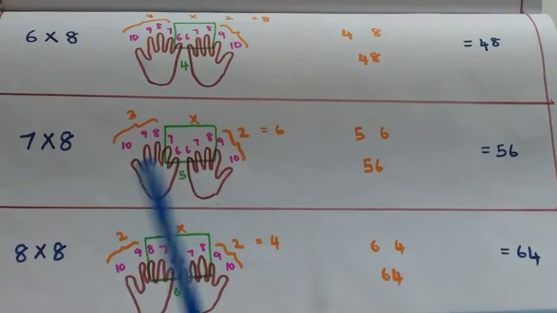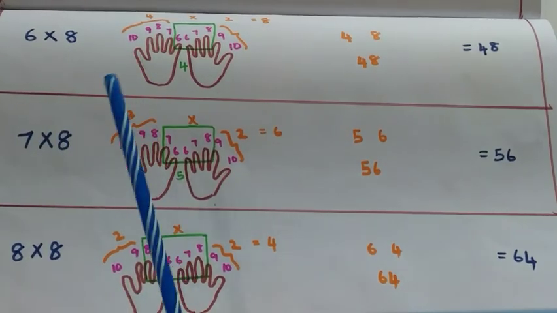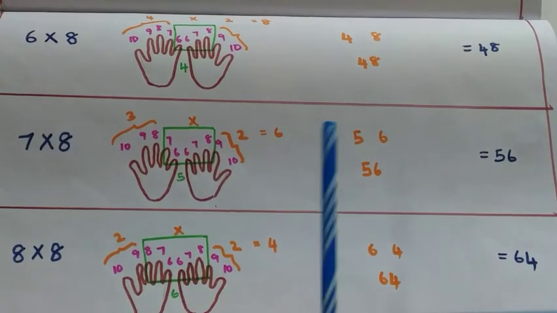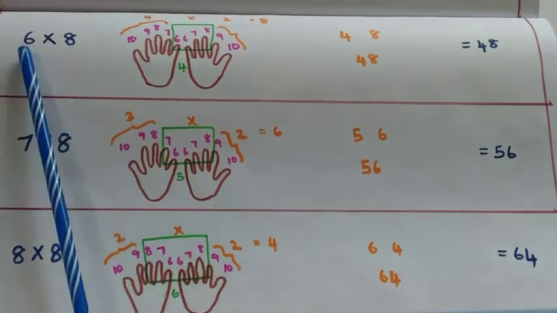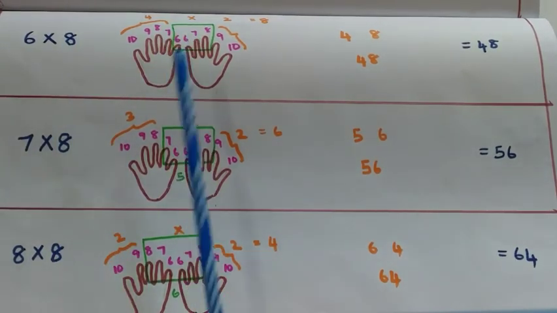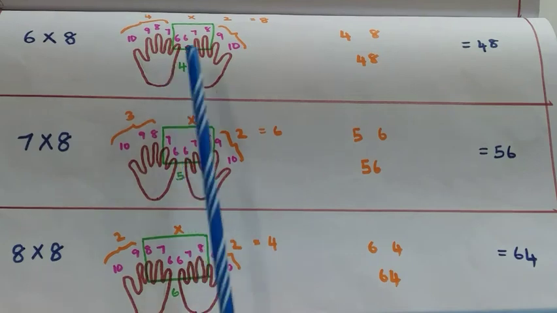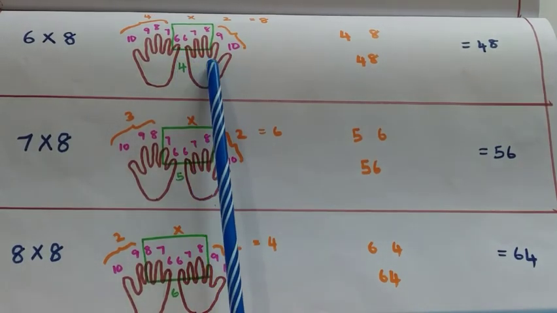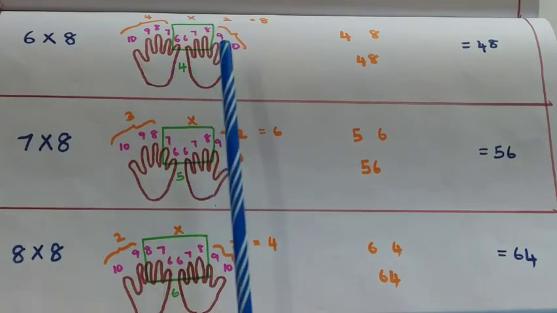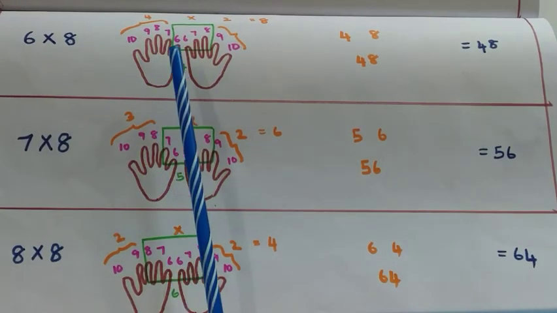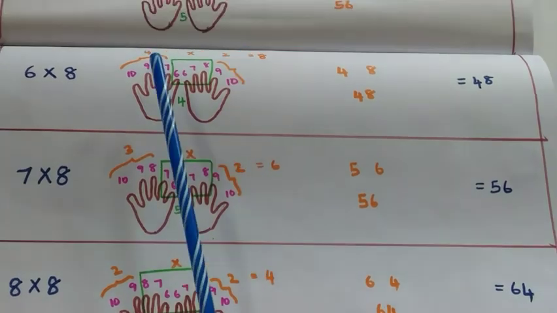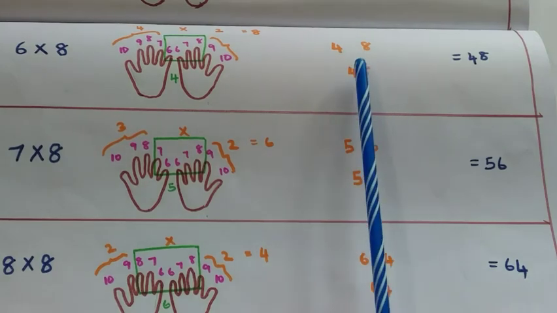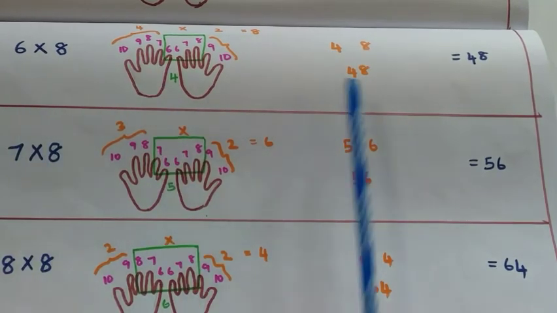Now let's see the last 3 rows where 6, 7 and 8 need to be multiplied by 8. So we need to follow the same trick. Now you can do it along with me since we have discussed 6 examples. You need to find the result of 6 into 8. So you need to touch the little finger on the left hand and the middle finger on the right hand. Find the number of fingers between these two fingers, including these fingers also, to find 4, and then find the number of fingers on either side of these fingers and multiply the numbers to get 8. So since both are single digit, you can just club the numbers together to obtain the result.